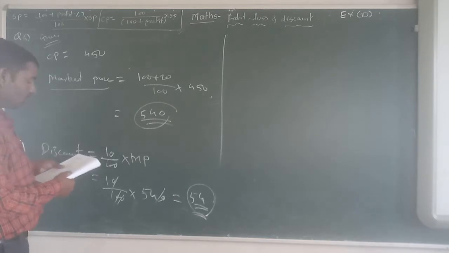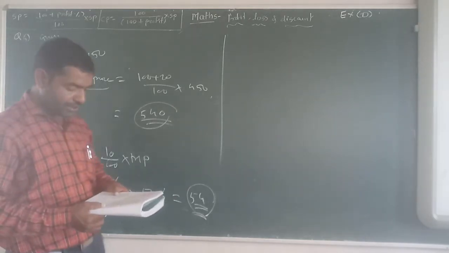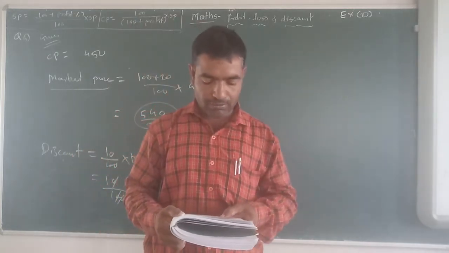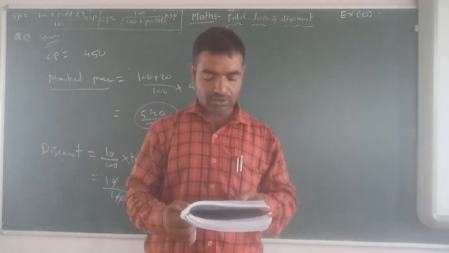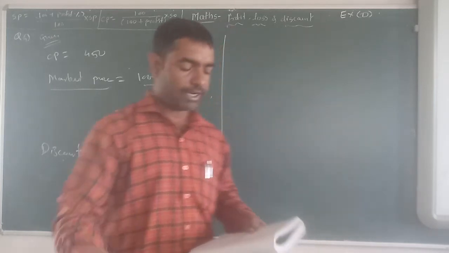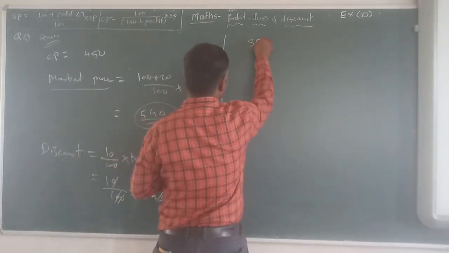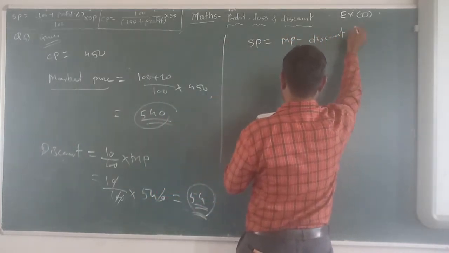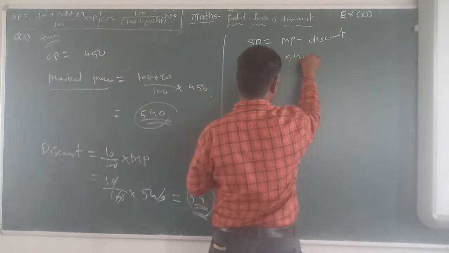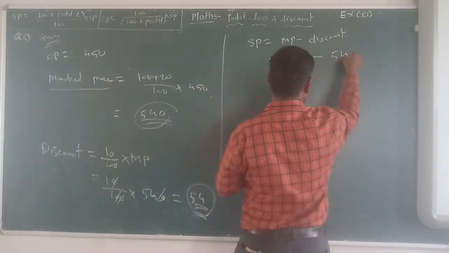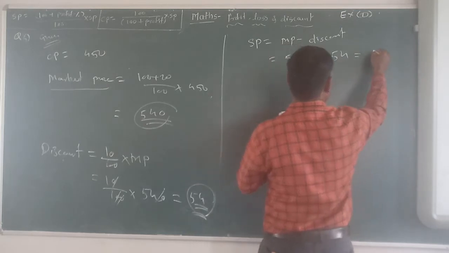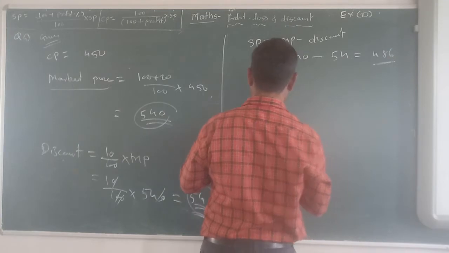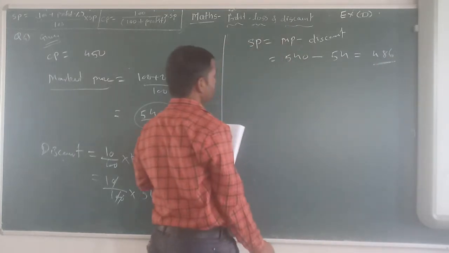Now after that we have to find the third thing, the percentage discount. The percentage discount given by him if he sells the article for ₹496.80. Okay, so here first we will find out the SP. How to find the SP? SP is equal to MP minus discount. MP we have found is 540 and discount is 54. So which will be 486. Now we got the SP is 486.